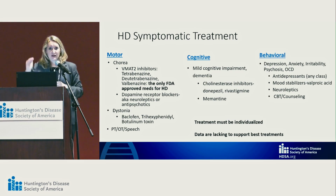With cognitive and behavioral symptoms, we borrow from other areas. Anything that works for depression of any cause will work in Huntington's too. And so we use the full panoply of medications available depending on a person's need and tolerability and how those symptoms are affecting function. And similarly for cognitive issues, we borrow from the Alzheimer field